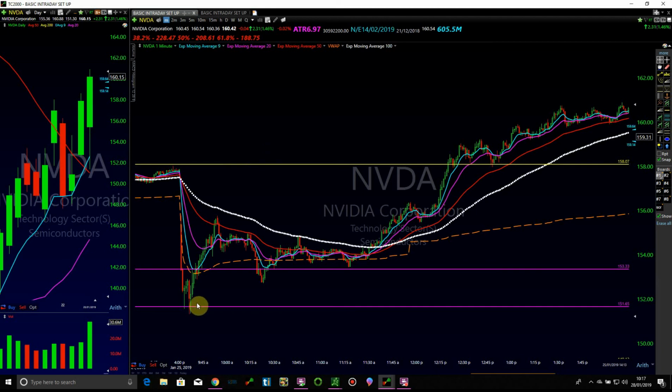So we were looking for a bounce off this EMA 9, and we also know that institutions use it. Sometimes they'll sell something off out of the gate down to something like the EMA 9, where they will then pick up a hell of a lot more shares and push the price back up again. So at this point I was watching the volume profile,